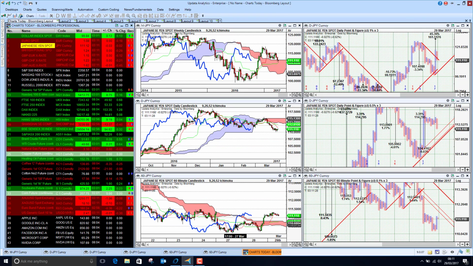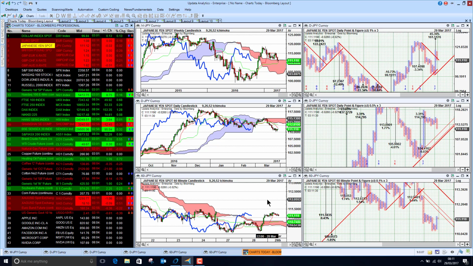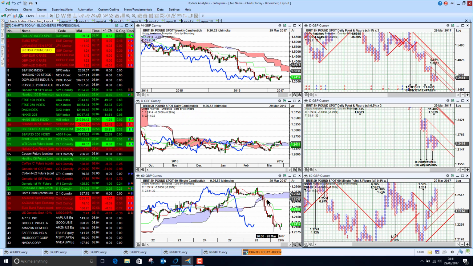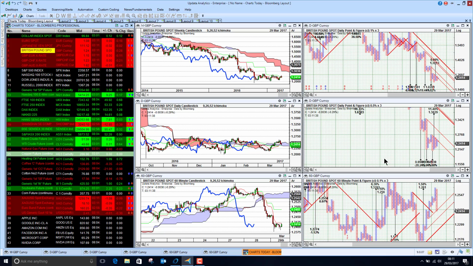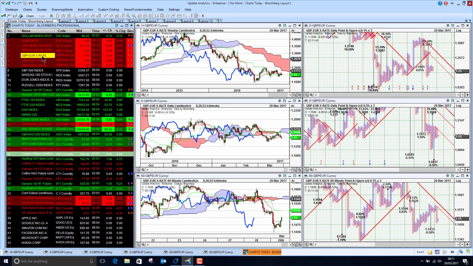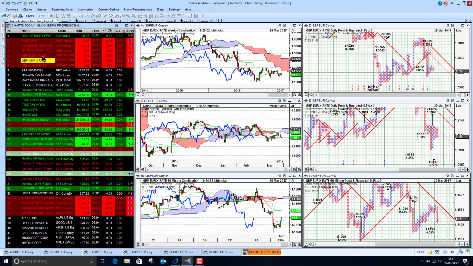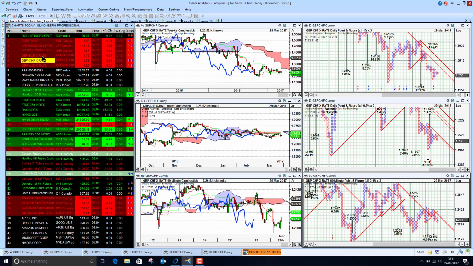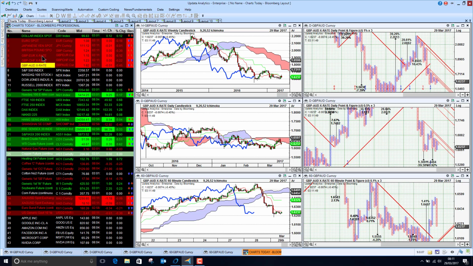Japanese yen, we've seen the dollar cross here as well, so the yen weakening, and sterling falling away quite heavily below the cloud as well. So that will be key. No upside targets activated on sterling, so it'll be interesting to watch that. And then if we look at the sterling euro rate, that's fallen quite heavily yesterday, and the sterling Swiss and the Australian dollar sterling chart we're seeing also.